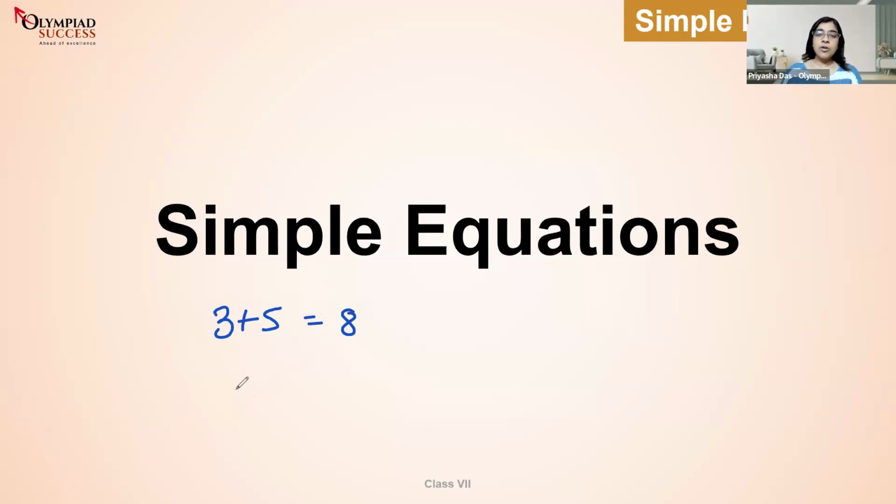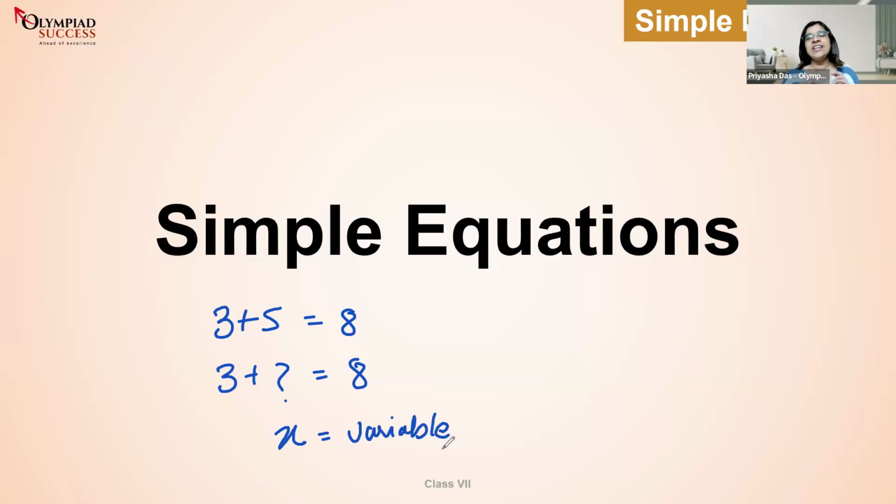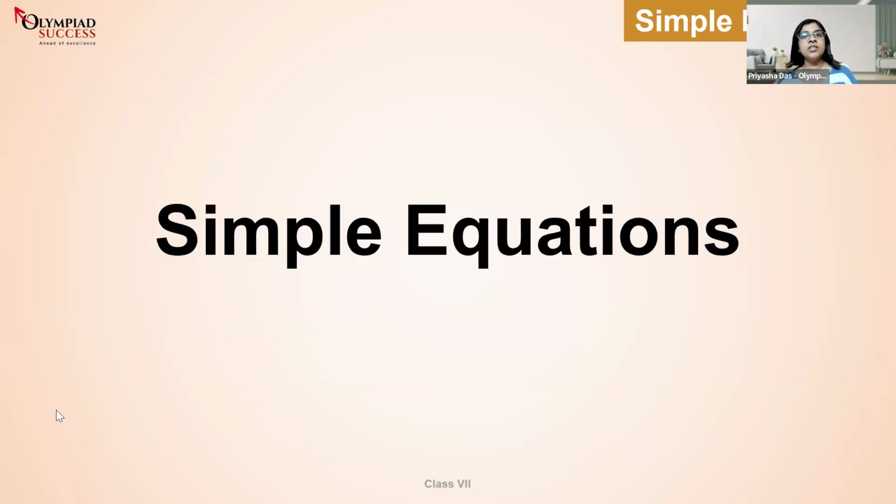When we grew older, they told us plus question mark is equals to 8, which actually made it a question of subtraction. And now that you're in grade 7, they will ask you to frame the equation where the missing number can be any variable. You can take it as X, you can take it as A, B, C, D, anything, and then find out the answer, right? So that's the reality of simple equations. The reason I'm saying this is you should not consider it to be a very different or a new topic.